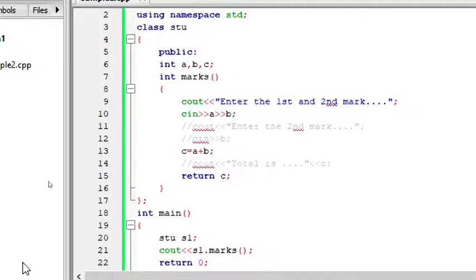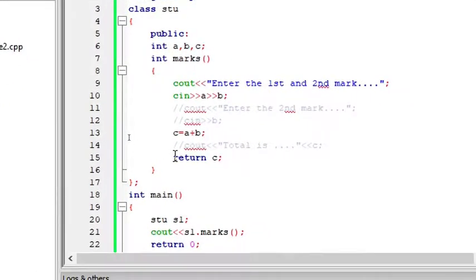So this is another way. Instead of printing the output from the function, I am printing the output from the main function. So understand the steps that we have made. First, I am changing the return type since I am going to take the output outside. What is going to be the output? It is going to be an integer value. So I say int marks of. Rest all are going to be the same.